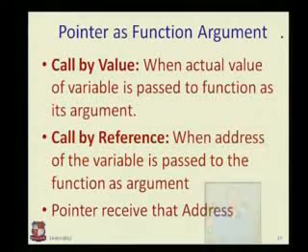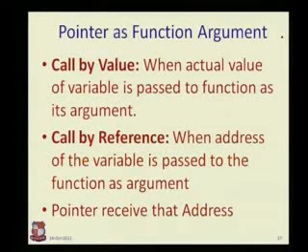Okay, now we start with the functions. We have covered arrays, and how to use arrays with pointers. Now how to use functions. One use is that I can pass a pointer as a function argument. When we say passing the argument, I have two methods that I think were covered in previous lectures. First is call by value, another is call by reference. So what is call by value? When the actual value of the variable is passed to the function as an argument, it is call by value, and when the address of that variable is passed to the function as an argument, it is call by reference. See, that is the difference.